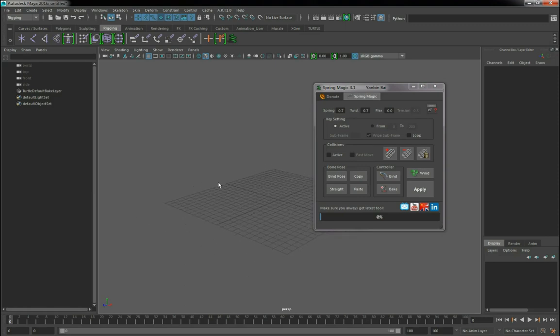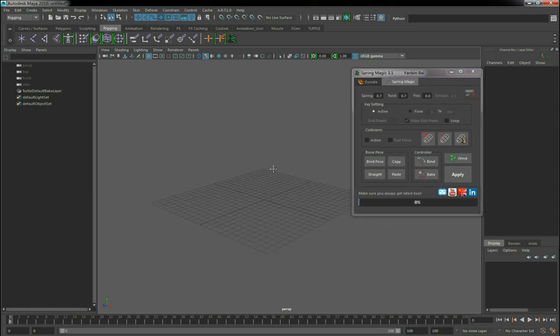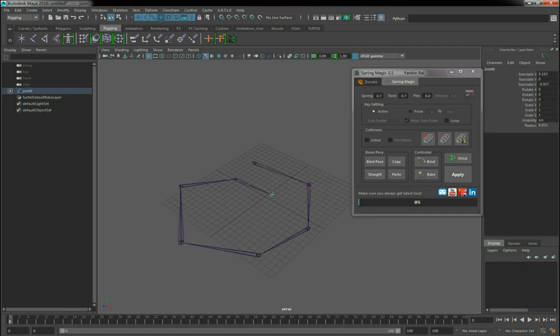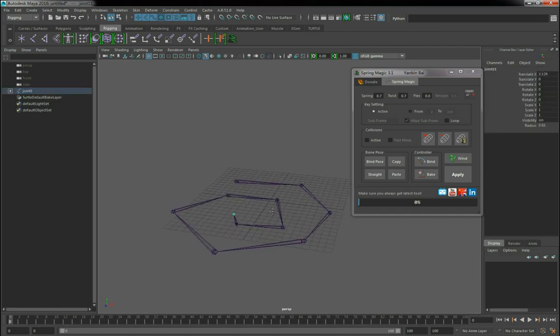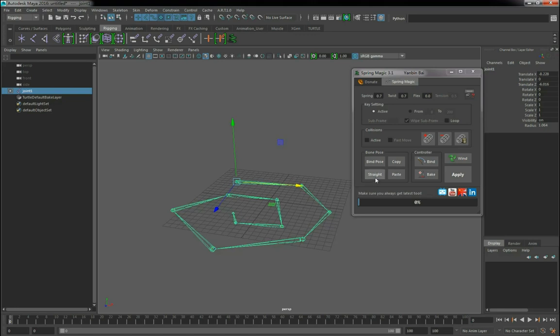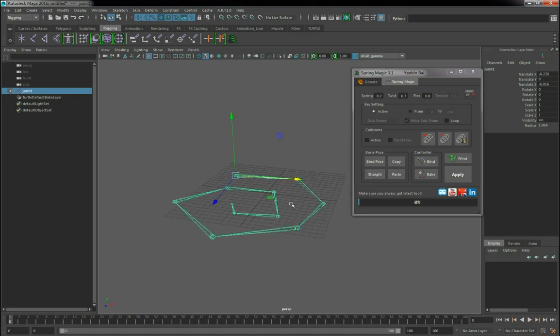Okay. So first thing is this. I improved the way Spring Magic works, so it's much faster and more reliable. So now you can create whatever shape of the bone, not really necessary to make it straight like the last version. So any shape of the bone,